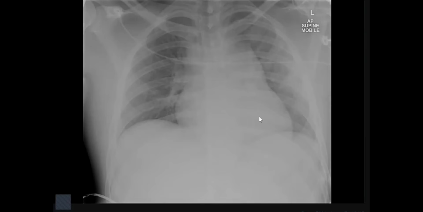Apart from that, bilateral lung parenchyma shows slight haziness. The film itself appears slightly underexposed and may be positional due to supine. I am looking at lung volumes, also reduced, but that also may be positional. Coming to the mediastinum, I see an abnormal widening of the left side of the